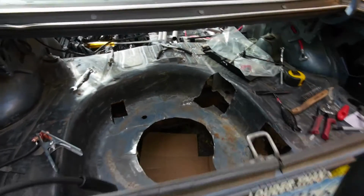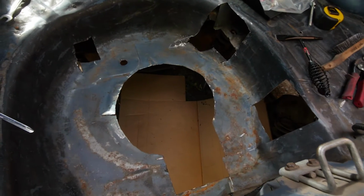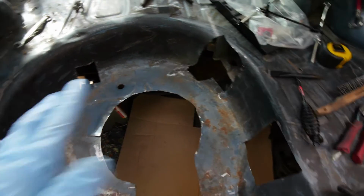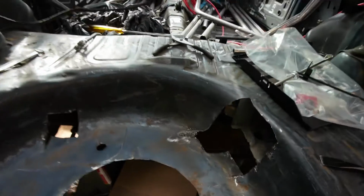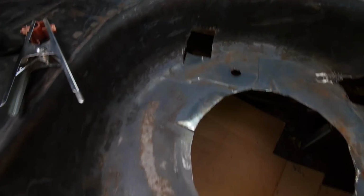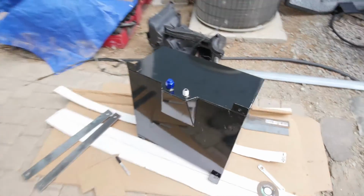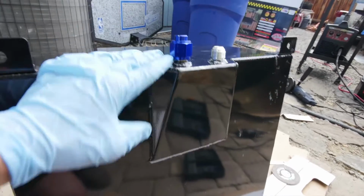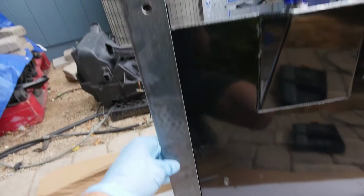Alright, so a little update for you guys. As you can see, I got a lot of this already cut out. The fuel cell actually fits in here now and everything like that. And as you can see how I kind of did it here, I'm going to be bracing it and I'll show you. So there's the front cutout right here, so that'll sit down in there. And then these over here are for basically putting like that, and I'm going to put them up underneath here